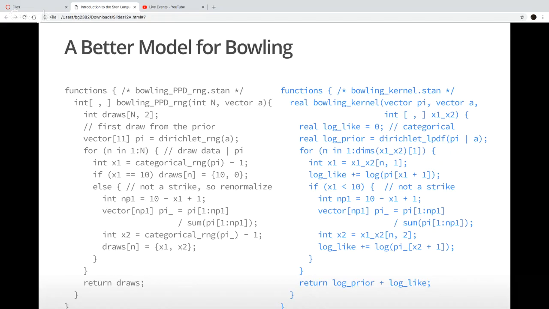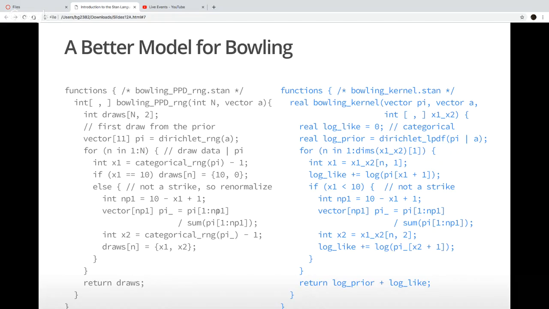And the plus 1 is just accounting for the fact that Stan starts numbering at 1, but bowling starts numbering at 0 because you can miss all the pins. Anyway, so I have np1, and I pull out a subvector of pi with the first np1 elements to it. So the Dirichlet distribution also has the property that subsets of a simplex, if you renormalize them, are valid simplexes, but they're also Dirichlet.